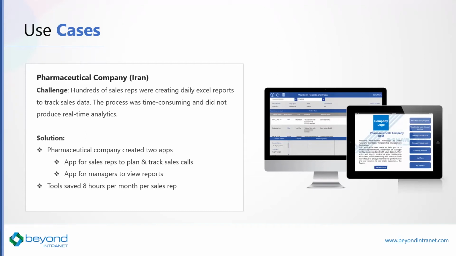The second app was created for the managers who could then view the report of these analytics. And if there were any challenges to those sales or those numbers, they could then review those reports and give them coaching and advice in real time. This led to faster turnaround and faster ways of helping salespeople get better results. The tool also helps save the representatives about 8 hours per month per sales rep. Now, if you have a company with 800 hours of extra time for your sales reps to go out and sell your products, how much would you think that would help your bottom line?